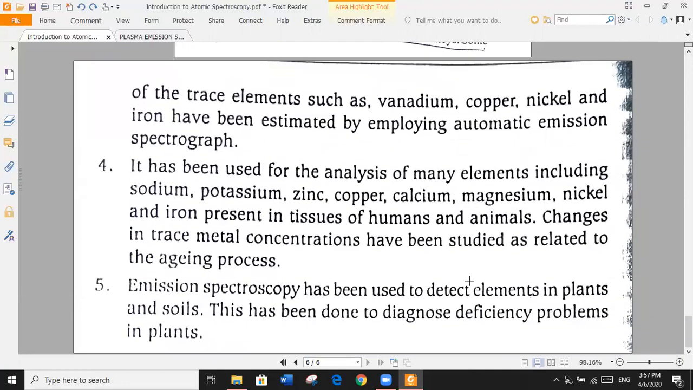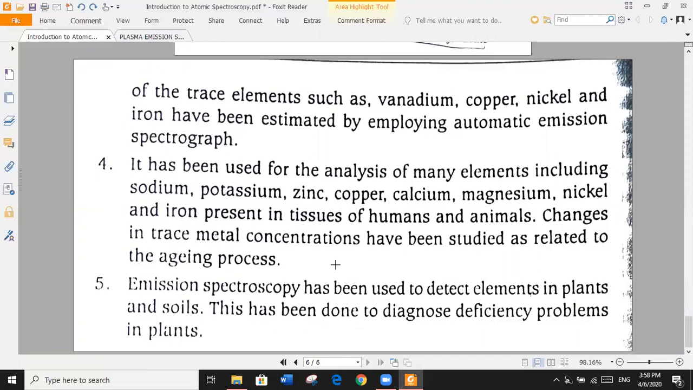It has been used for the analysis of many elements including sodium, potassium, zinc, copper, calcium, magnesium, nickel, iron present in tissues of humans and animals also. Changes in trace metal concentration have been studied as related to the aging process and also for the various deficiency diseases also. This is indicative of